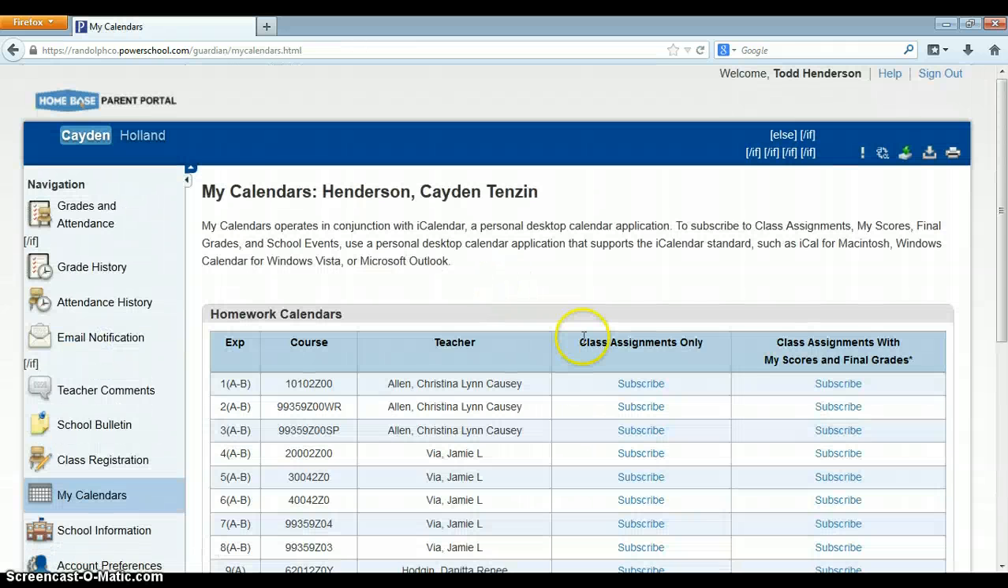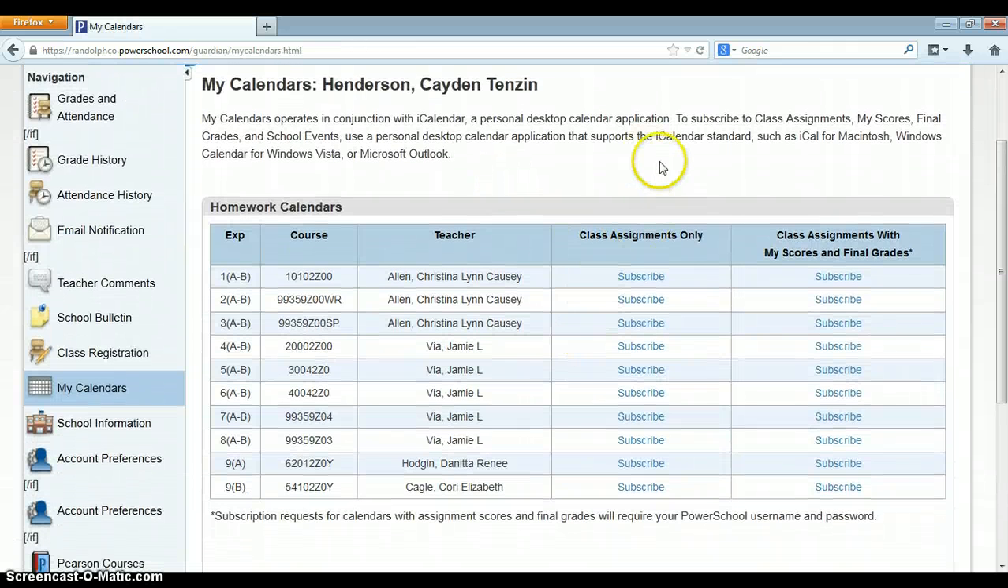My Calendars is where the parent who has iCalendar, who has Macintosh or has Windows Calendar for Windows Vista, or who has Microsoft Outlook, the parents will be able to sign up and subscribe to your gradebook. What that means is when you put it as an assignment, if you know you have a test a week from Friday,